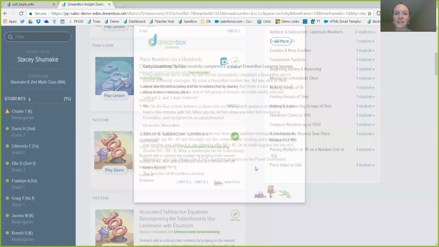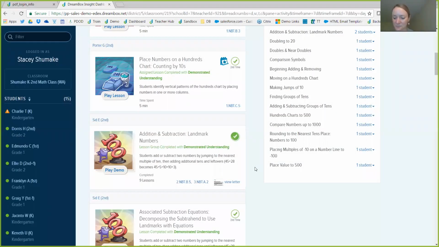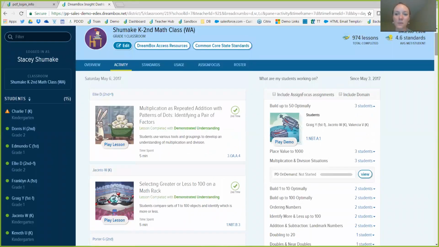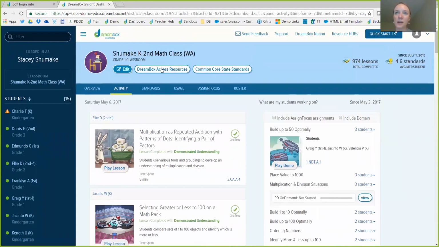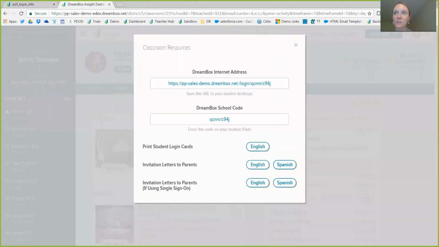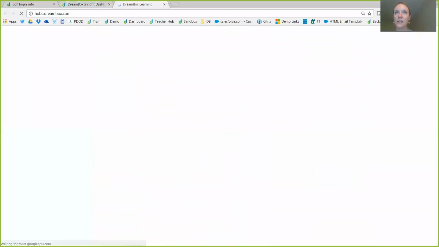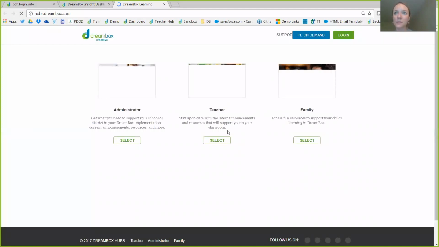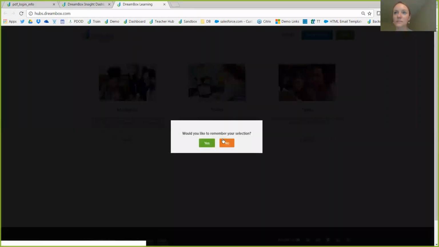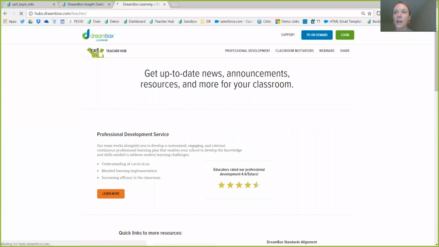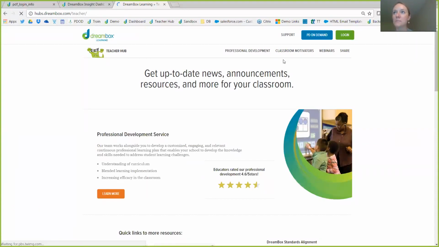So, all right. Now, I promised you some resources to help share this with your parents, and those are actually available in your dashboard. So from the Dreambox Access resources, that invitation letter to parents. And another spot you can go, if you go to the resource hubs in the top right-hand corner, and click on that, I'm going to go into the teacher hub. And then toward the bottom,